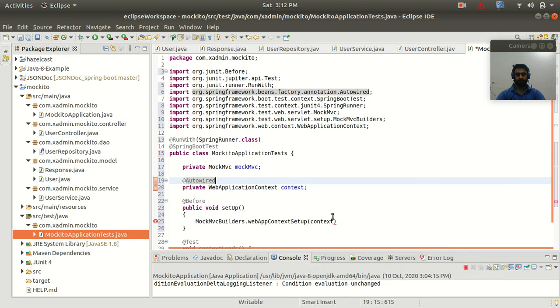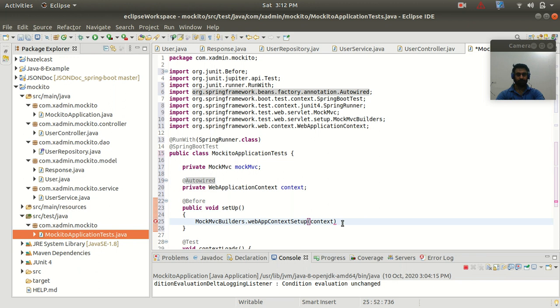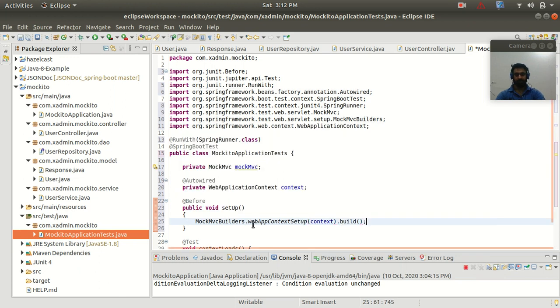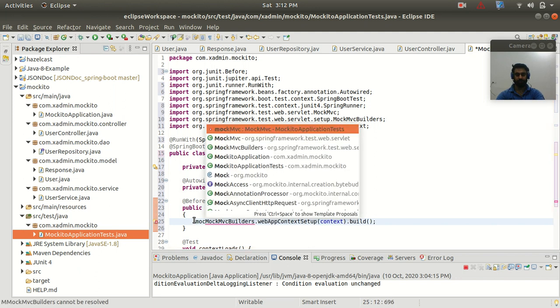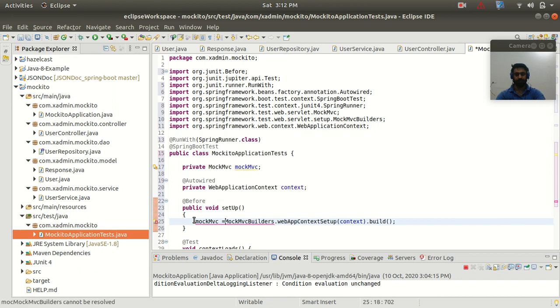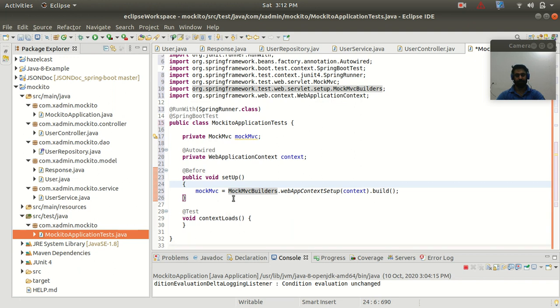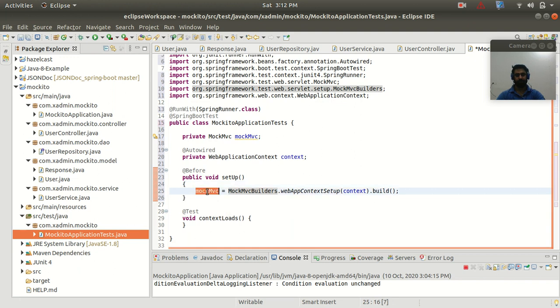So here we will pass our context, then the build method. Guys, it is going to return the MockMvc instance or object, so let us store it in a MockMvc instance variable. Here I am storing it in a MockMvc instance variable, right?